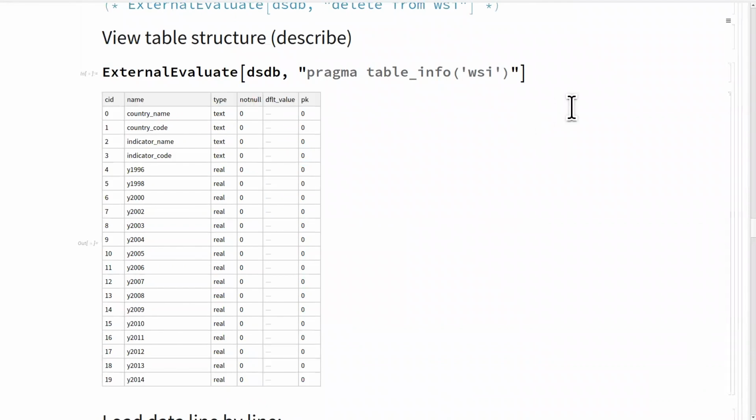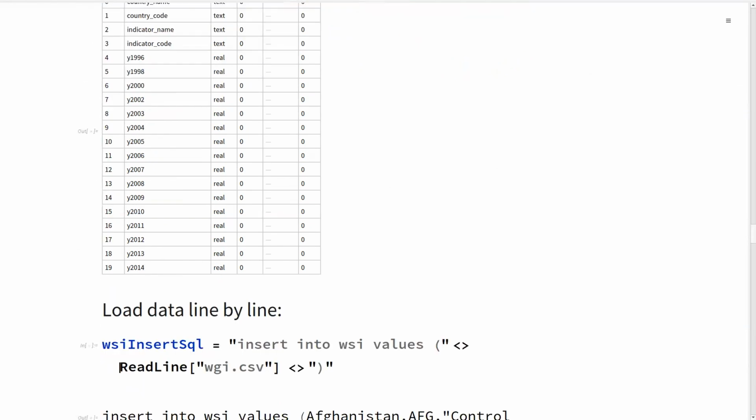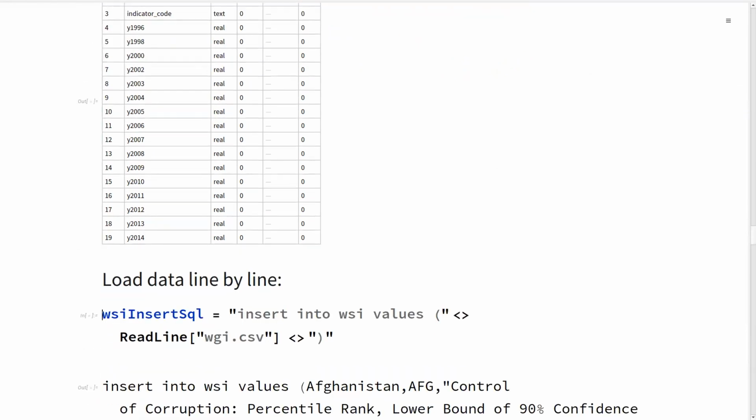If you are using Oracle, for example, there is a command where you say describe the table name, and it gives you the structure of the table. Here I'm doing this for SQLite. So this is the table, the fields that were created, and the data types that we are going to use to load it. And here is the insert.